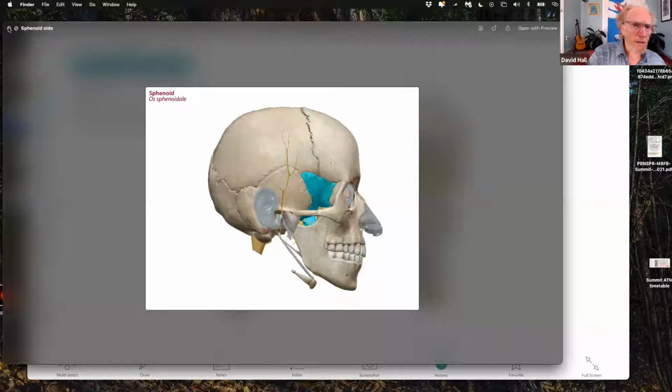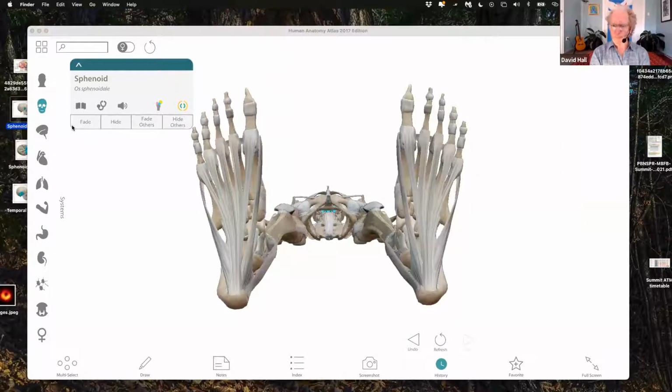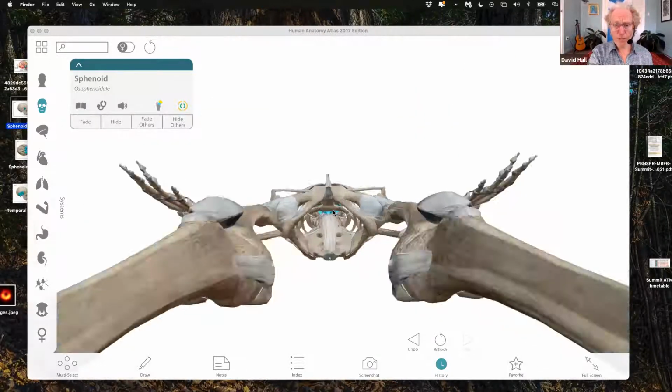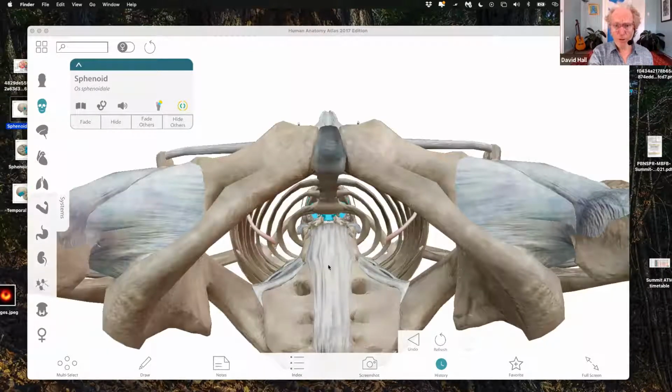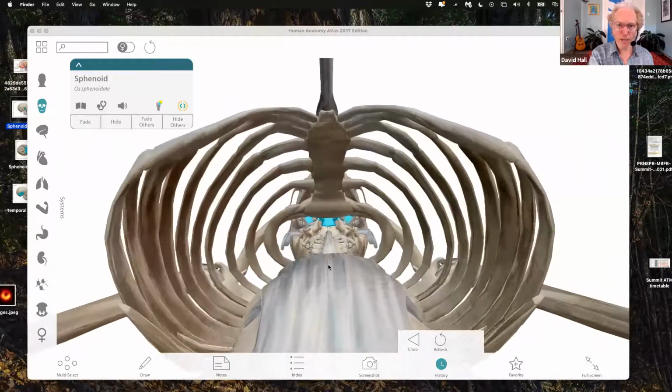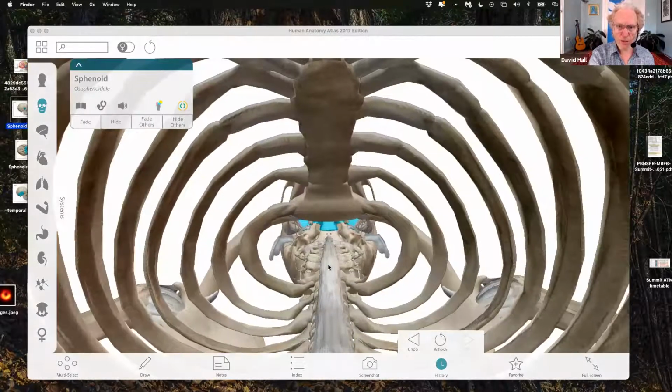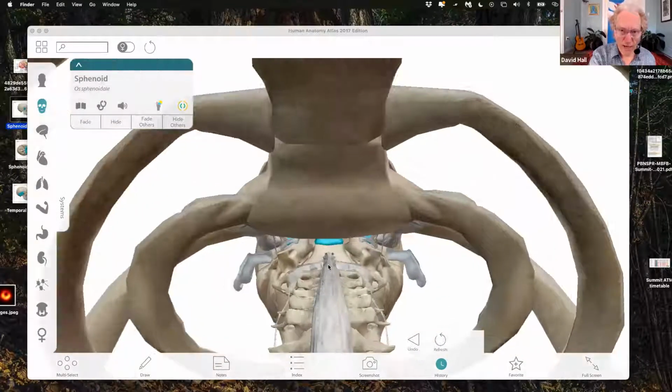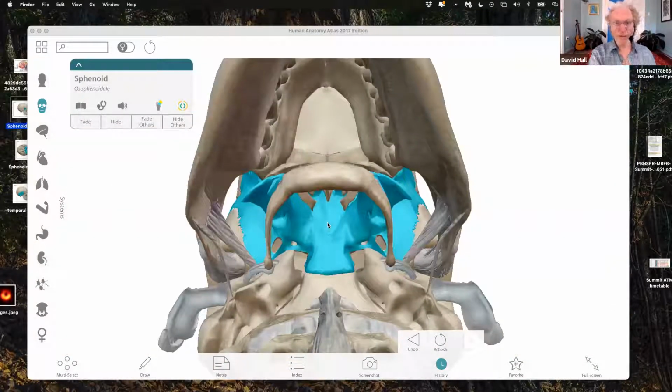And let's look at another view of it. It's highlighted in blue up here. That's the sphenoid bone. So if you take everything out of the body, when you're looking from the ground up, you can see this little bone. Watch, if we go through the skeleton now, there it is, sphenoid bone. If it's the whole internal cavity, it's the roof of the back of the nose. So as we come forward now inside the pelvis and then inside the rib cage, we might just go straight ahead up into the throat, and there's the hyoid bone,